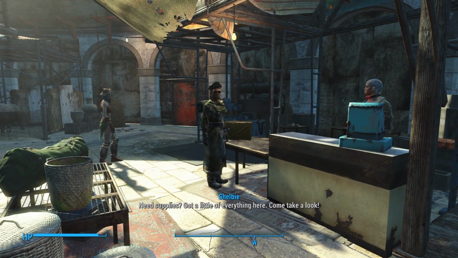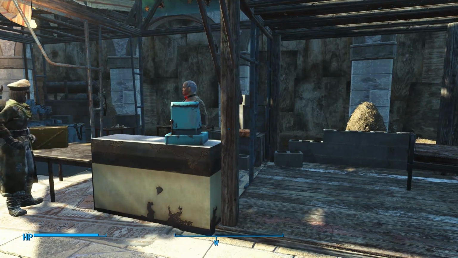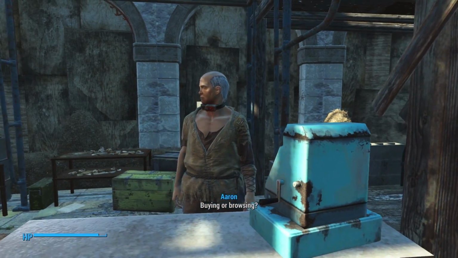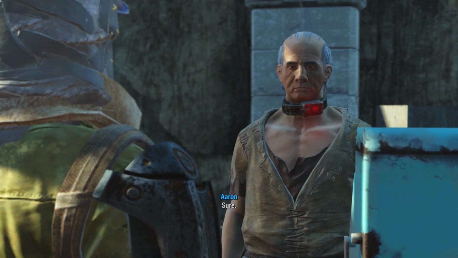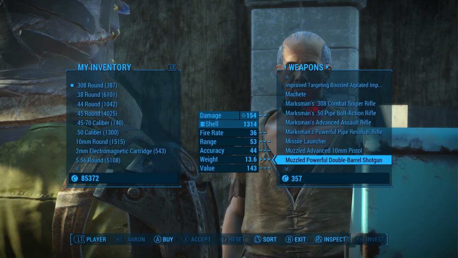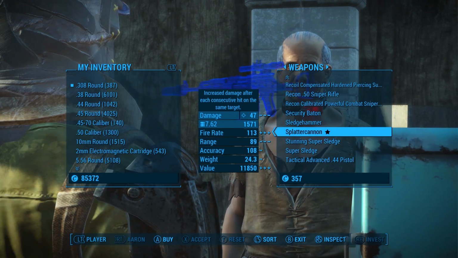So now you see where I'm going with those perk points. Yep, I'm going to have to finally spend some on Gun Nut. But first, let's take a look at how much he wants to charge us, okay? Buying or browsing? I'll take a look, sure. Okay, we'll skip over to weapons and then all the way down to Splattercannon. That's what it's called, Splattercannon, Splattergun. All right, so he wants to charge us